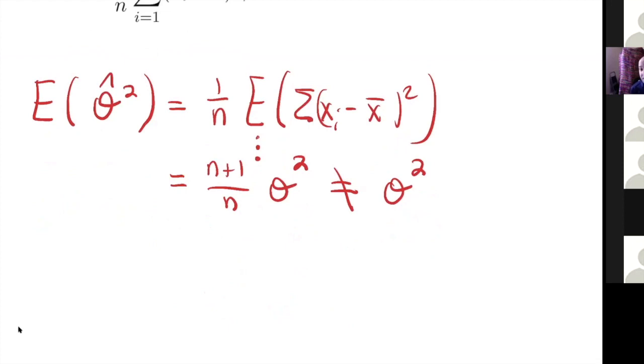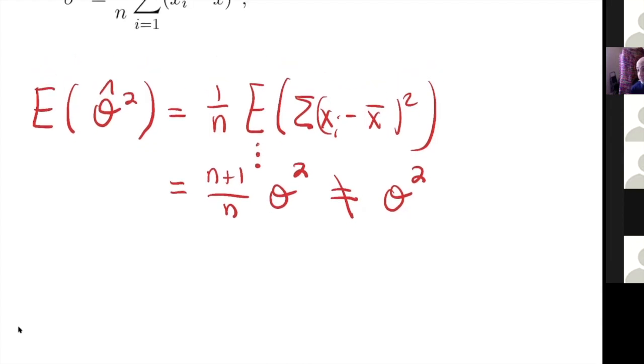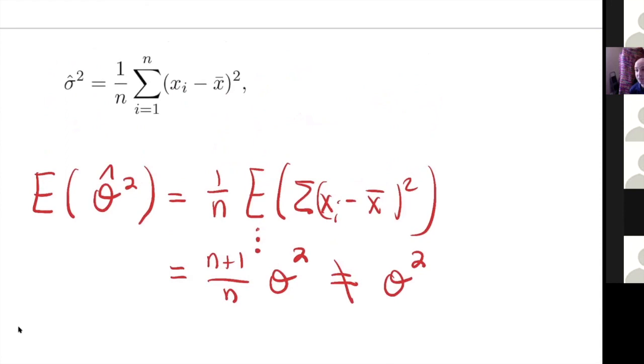The point that I want to make is, how do we check to see whether something is unbiased or biased? We check whether the expected value equals the value of the parameter. So some maximum likelihood estimators are biased, some are unbiased. It's not that maximum likelihood estimators are always biased or always unbiased. It really depends. In this case, the estimator for mu was unbiased. The estimator for sigma was biased. However,